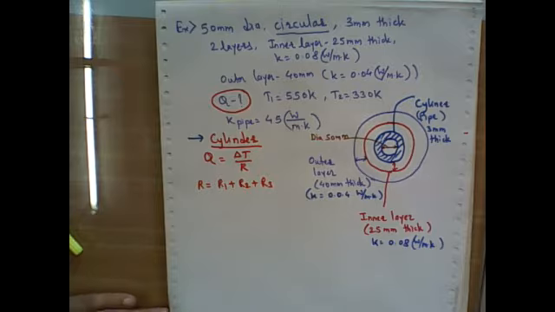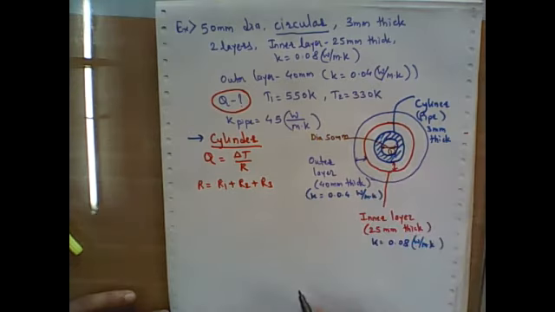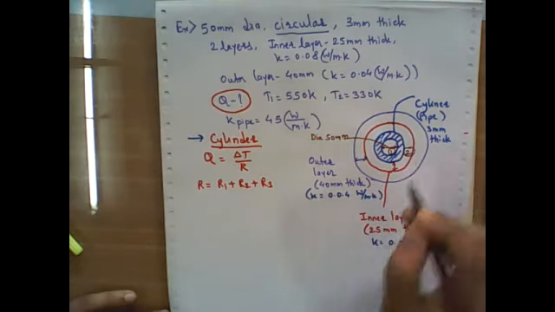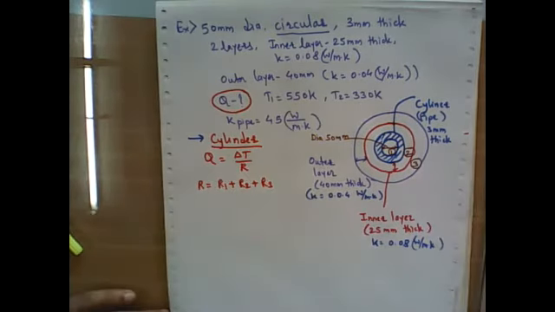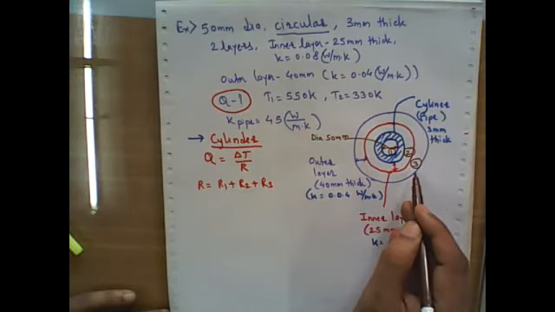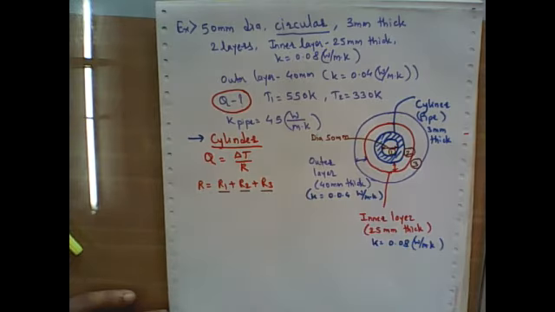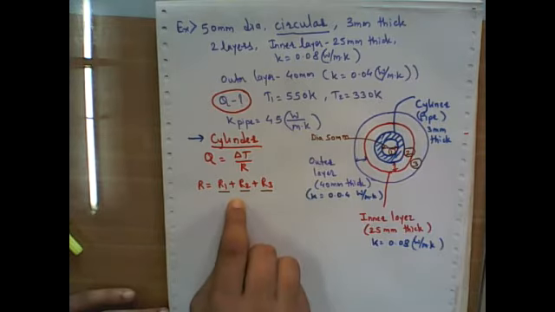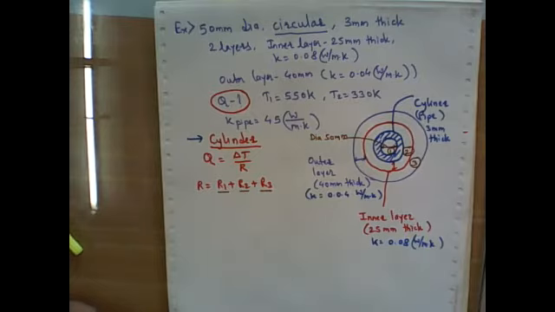How it is? Because in this case the pipe is there, so it means it is the first resistance. Then here layer is there, inner layer of insulation, the second resistance, and outer layer it means third resistance. So there are three resistances, that is thermal resistances in this case. That is why this R should be calculated in terms of R1 plus R2 plus R3, right? So this is the first point where you should know there are three resistances. Then how to calculate these three resistances?